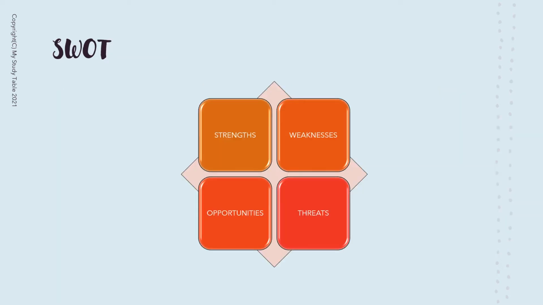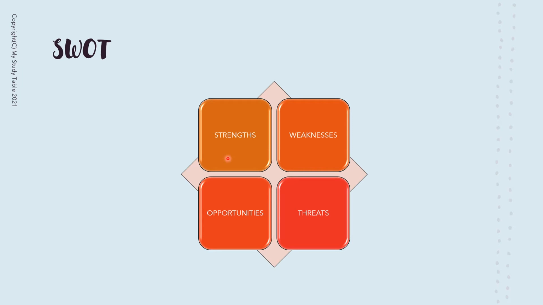Let's begin with SWOT analysis. It's one of the most significant business tools that can help identify strengths and weaknesses as well as opportunities and threats of an organization. So when you talk about strengths and weaknesses, these are internal attributes. And while we talk about opportunities and threats, these are external factors that exist in the environment in which the organization operates. A SWOT analysis can help an organization identify its critical success factors.